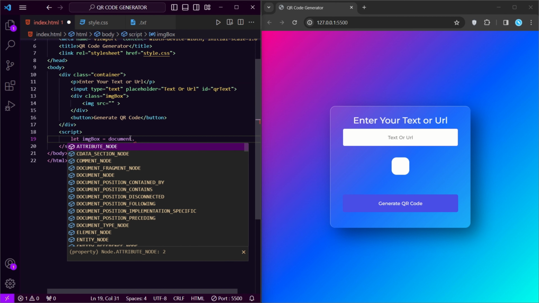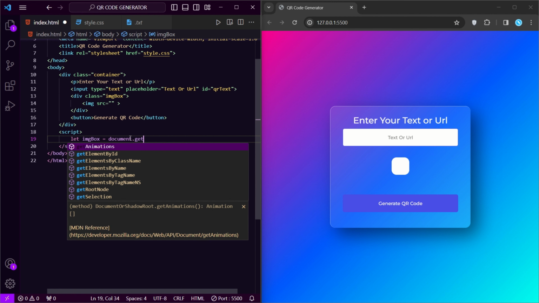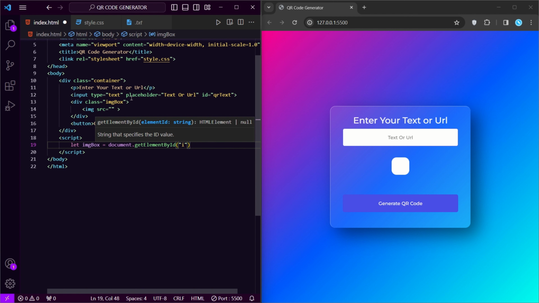Document dot get element by id. You can also use a query selector, but I will use get element by id because I have given here all IDs. Okay, where is that? I have to give the ID.